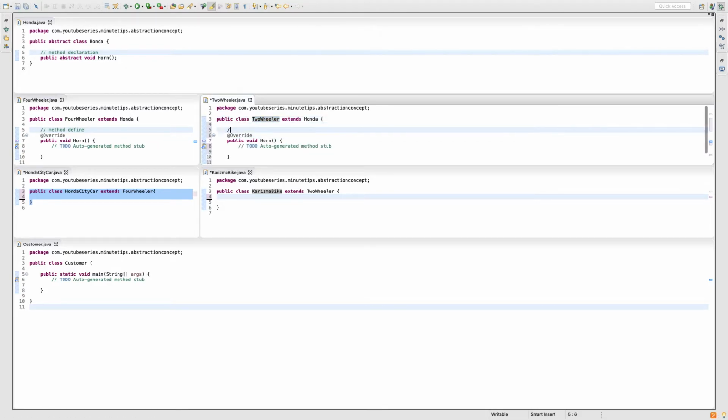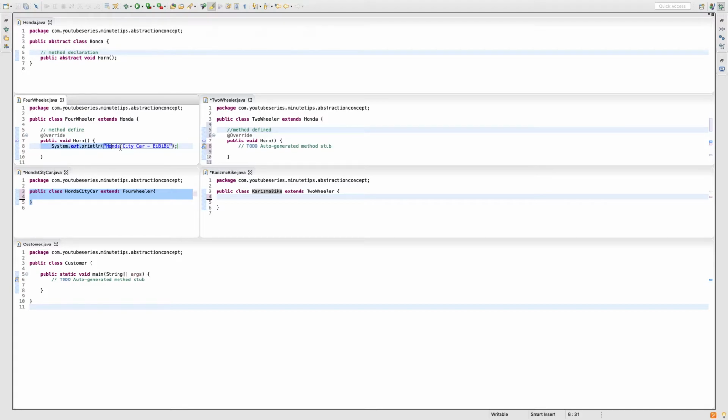What I have done here, method defined. Now I know the horn for my Honda City car is, let's say, BBB.